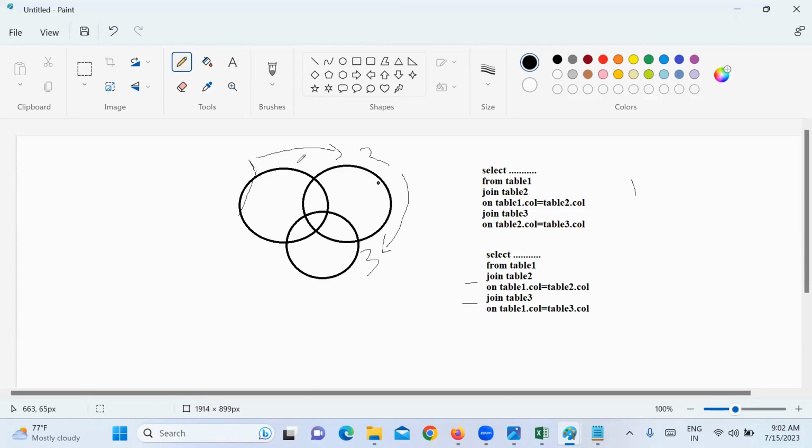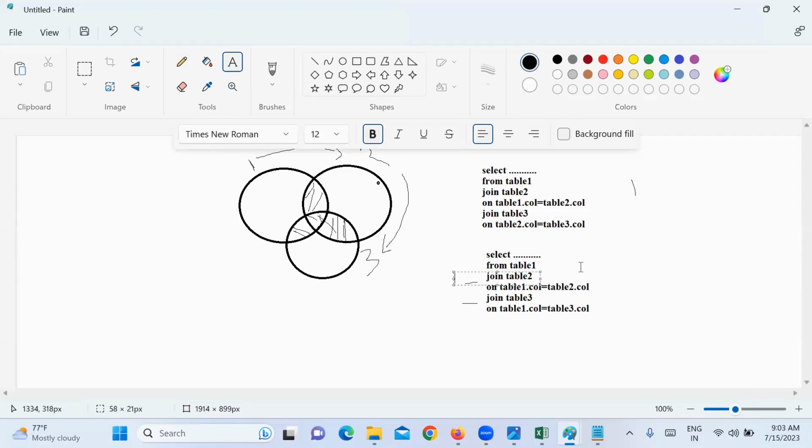Now in the second case, what do you get? In this first case, what will you get? You will get only matching records. Here in this case you will get only matching records. But in this case, if you use left